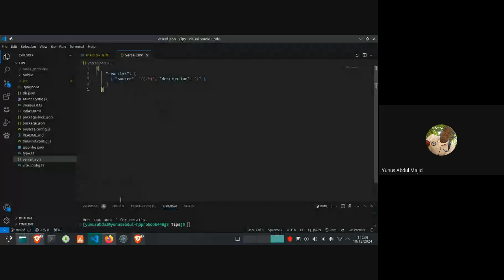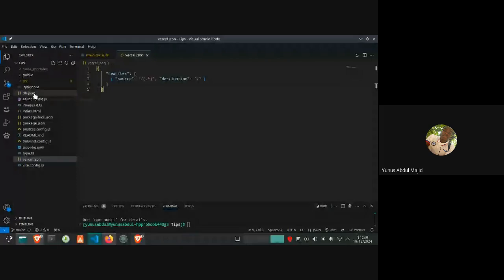What this did is show how to put the JSON configuration in the root directory of the folder you are working on.